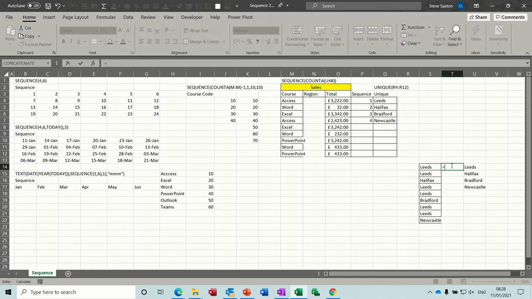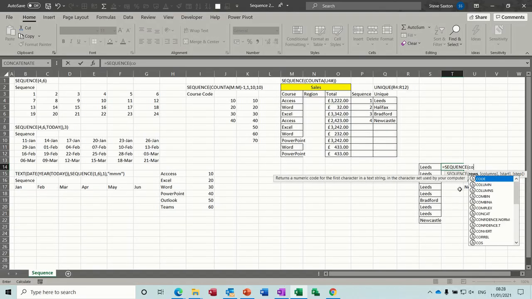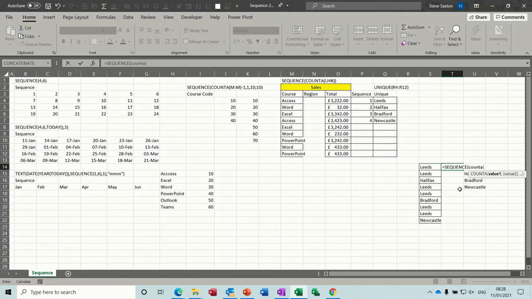So equals SEQUENCE, and the sequence function is going to be using the COUNTA function. So because this list can grow, so COUNTA, and we're going to count this first cell. So my formula is sitting on top of it at the minute, so I want, what is it,